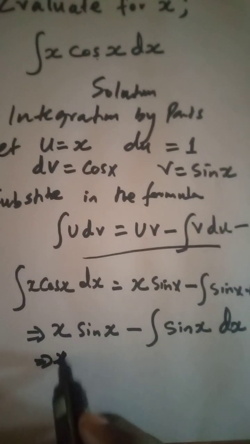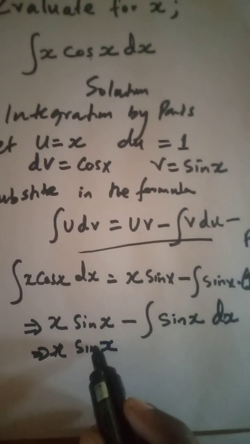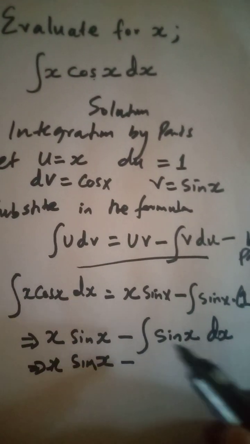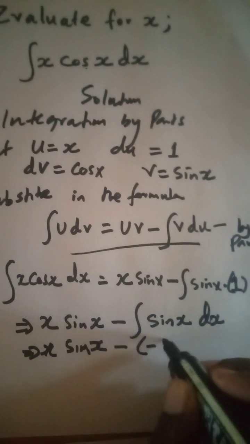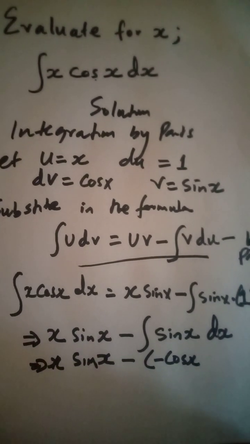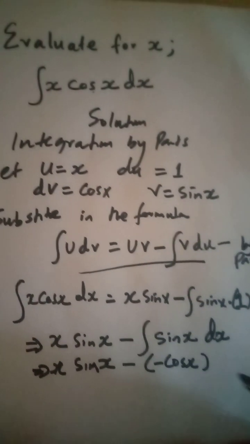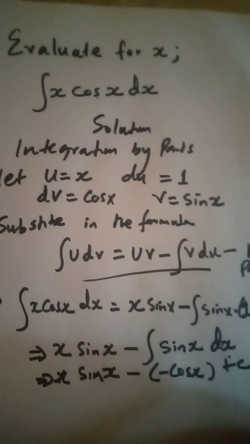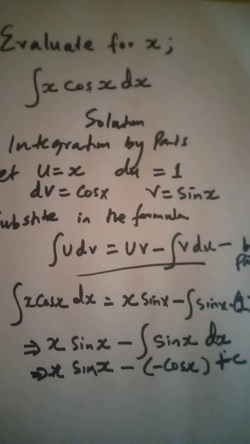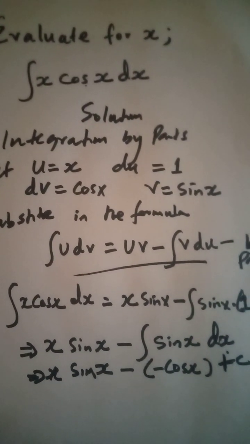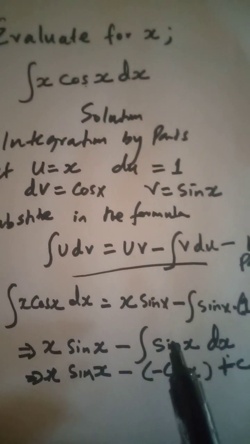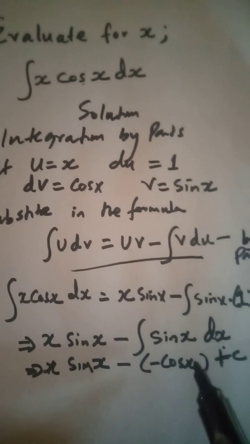I'm going to get x sin x minus, so if you integrate sin x, I'm going to get the negative of cos x, plus a constant of course. When you integrate sin x, you get the negative of cos x,